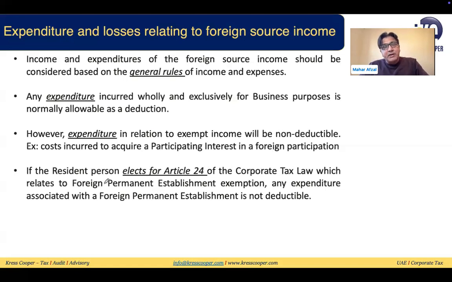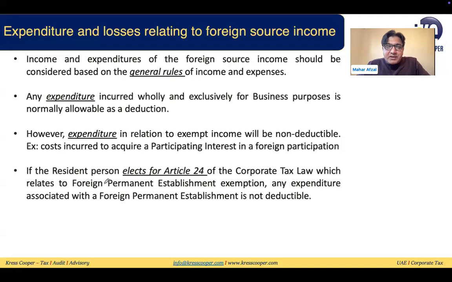Generic rules are that you need to consolidate the financials. After consolidating the financials, you look at your bottom line and, based upon this, do the reverse working. After doing the reverse working, you arrive at your taxable profits. Whenever you take the consolidated number based upon the financial statements, foreign source income will already be part of your financials. Whether you are a subsidiary, a company, a natural person with worldwide income, or a PE of a non-resident, whatever the situation, the foreign source income will already be part of your financials. Once these are part of your financials, you do the reverse working and arrive at your taxable profits.